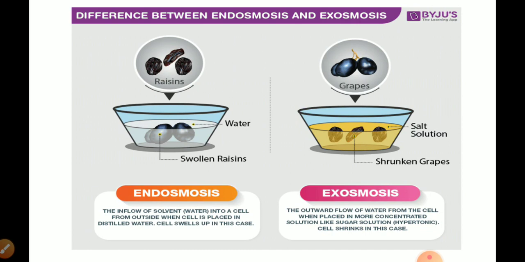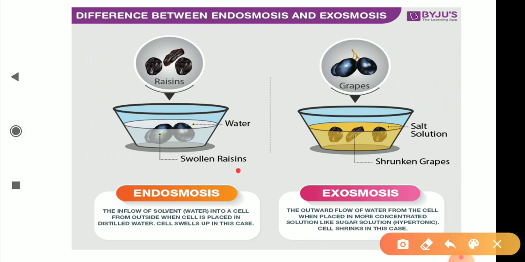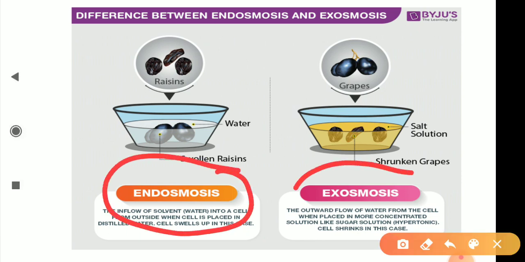As we have already discussed what osmosis is, let me recall it once for you: the movement of water molecules from its higher concentration to the lower concentration through a semi-permeable membrane is called osmosis. Now, in this process, either the water will go inside the cell or it will come out of the cell. So, on the basis of these two conditions, osmosis is of two types. The first is endoosmosis and the second is exoosmosis.